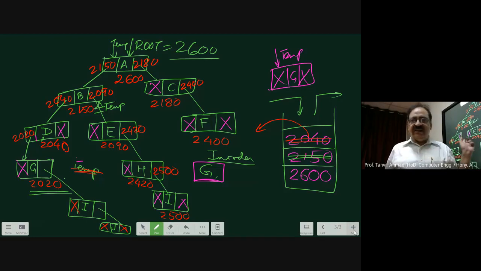In this example, A will be processed after all the nodes are processed. That means B, D, E, G, I, J, H, I, C, F. Then only you can process A.